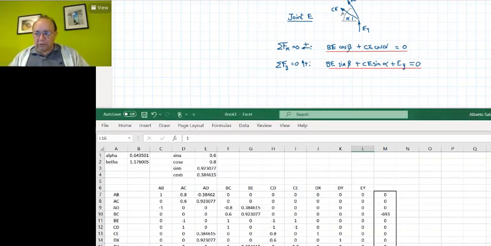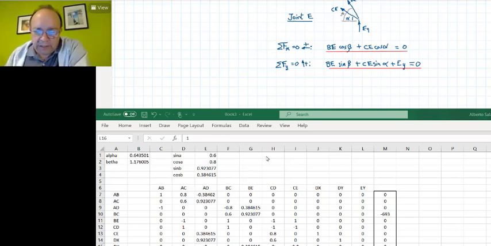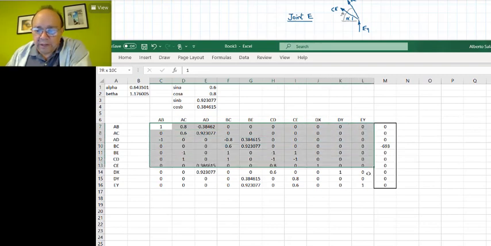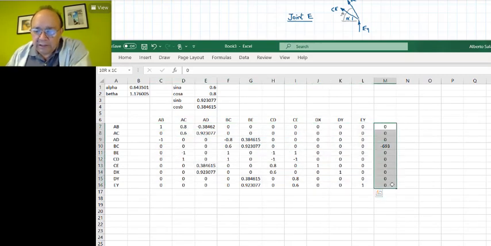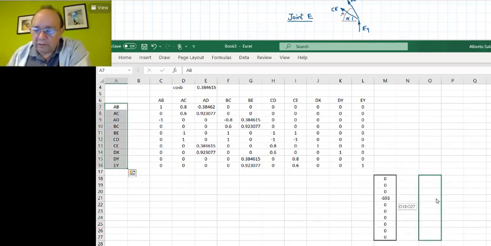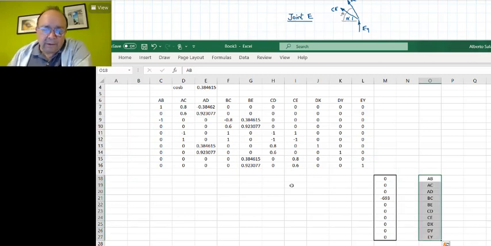Okay, so all the equations seem ready. Hold on one second. All right, so we have all the matrix of the coefficients complete. Now let me increase this a little so we work better. We need to take the inverse of this matrix and multiply by this vector. In order to do this in Excel, let's put a copy of the unknowns here.